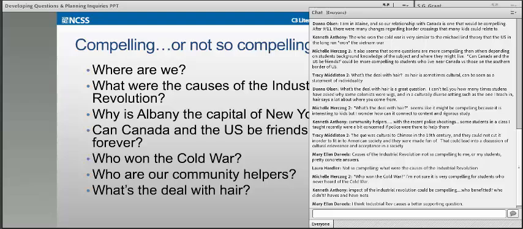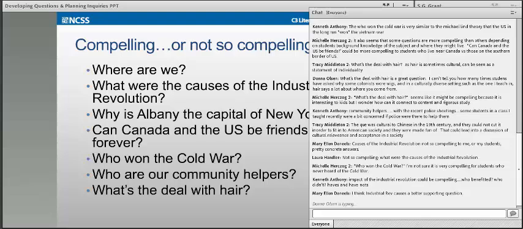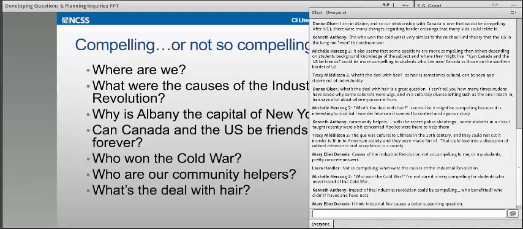So I think the tricky thing about compelling questions in some ways is that we want to articulate the intellectual benefit that kids will be involved with. But it's really key for us to think our way into what third graders care about, what seventh graders care about, what 12th graders care about. And while there are some similarities, there are differences.